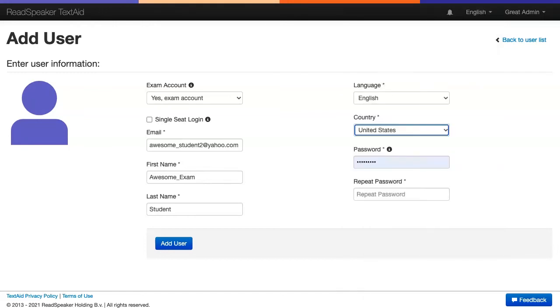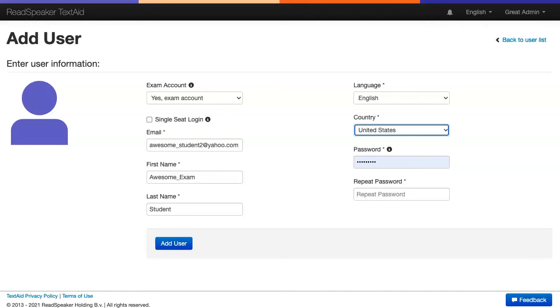Since this password is only shared with the person who will be administering the test, we suggest using a generic password or a generic pattern for the password creation. The password must be 8 or more characters long, have an upper and lowercase letter, a number, and a special character. A generic password example for all exam accounts could be Exam School 2021.